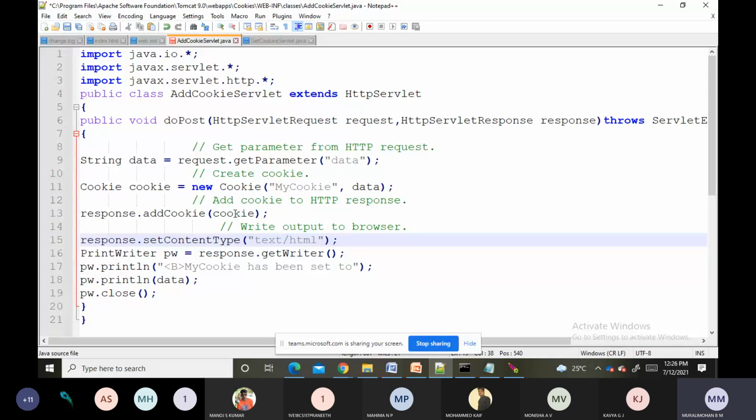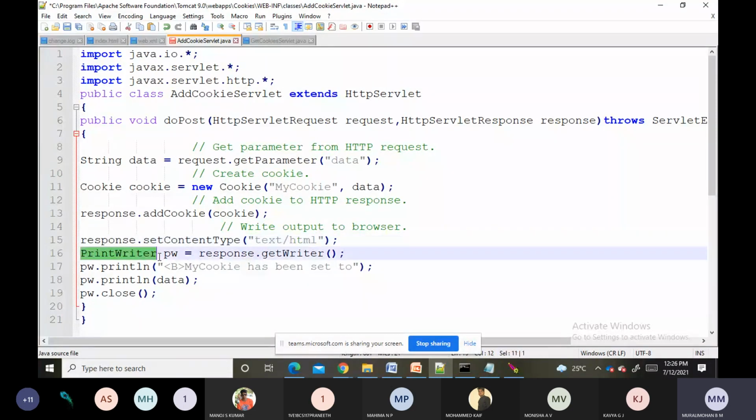But we should know whether this is working or not, right? So we will send one response, one reply for the browser, one message we will just display to the browser. For that, we are setting the content type as simple HTML or text. Then we are obtaining the PrintWriter.